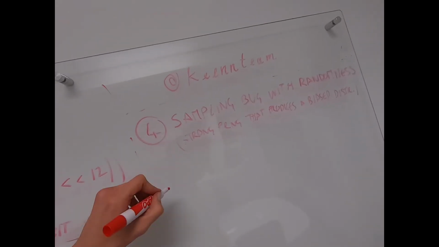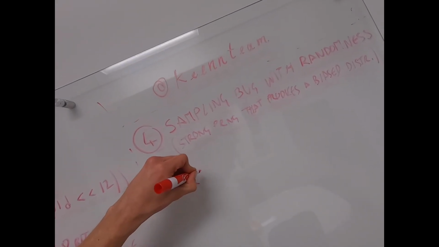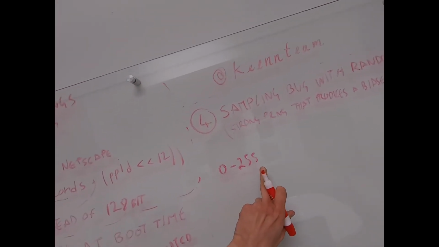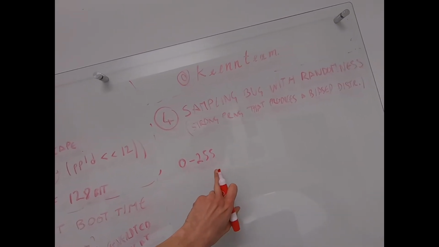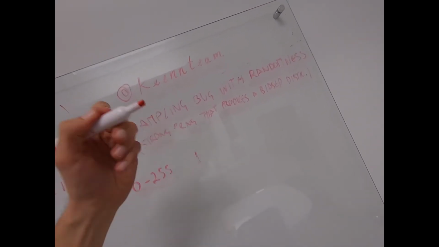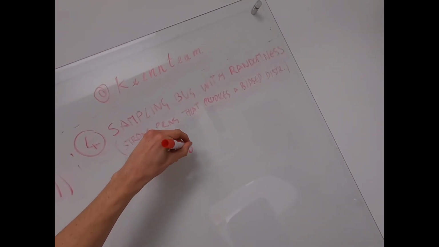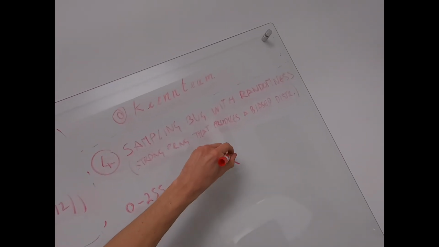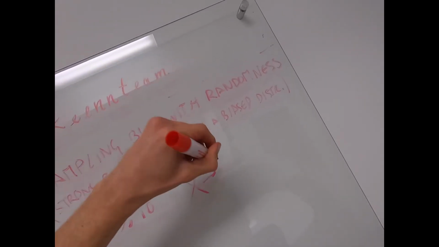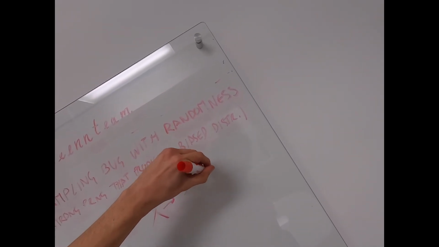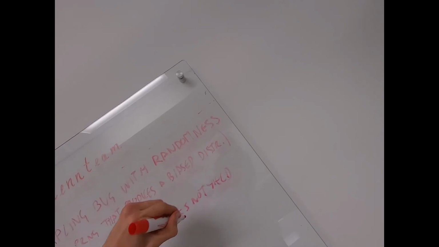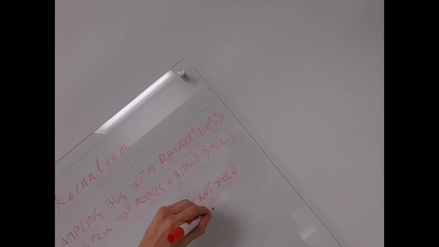Okay. The problem is that taking any number between 0 and 255 modulo 10 does not yield a uniform distribution